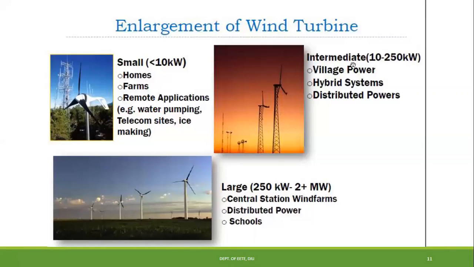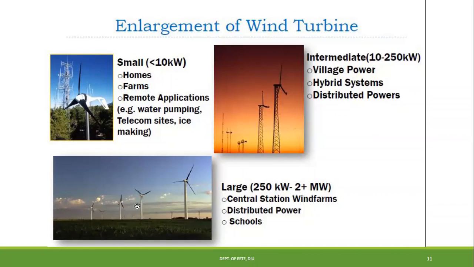When the capacity is 10 to 250 kilowatt, sorry, 250 kilowatt, not megawatt, it becomes an intermediate wind turbine. And when it crosses 250 kilowatt to 2 megawatt, at that time it becomes a large wind turbine. You see the figure, and this type of lots of